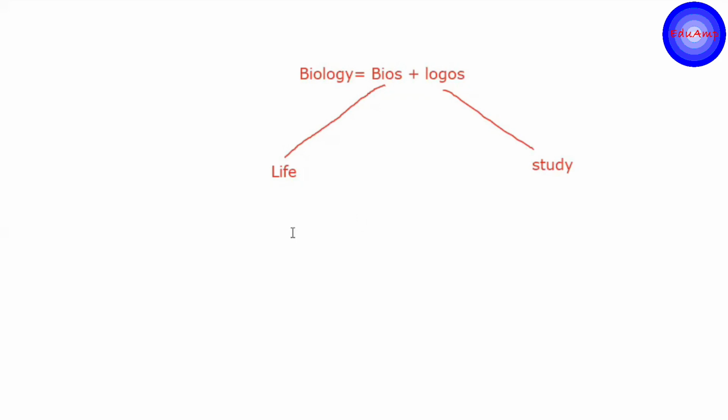This classification was given by whom? R.H. Whittaker. This was in the first chapter of class 11th, if you remember. This classification was given by R.H. Whittaker in the year 1969. And in NEET, sometimes they go for asking the names of the scientists as well. So R.H. Whittaker gave this system of classification in 1969, in which he divided the whole living world into 5